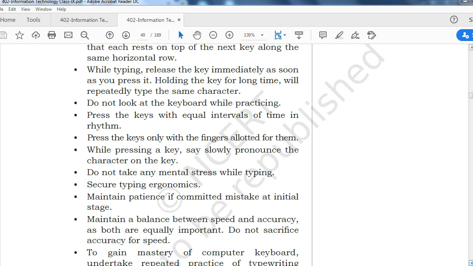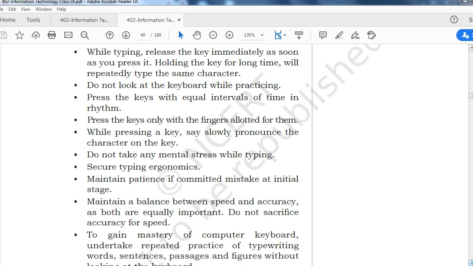Secure typing ergonomics means you sit in a comfortable way, with a proper table and chair. Maintain patience if you commit mistakes at the initial stage. While you start practicing in this direction, have patience. Don't get irritated or lose your patience if you commit any mistake, right?